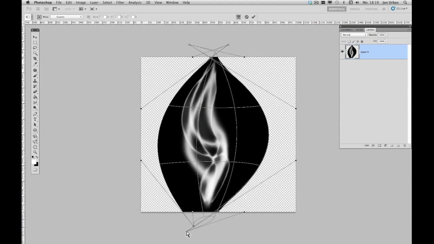Looks a lot more like smoke already. Now hit enter,